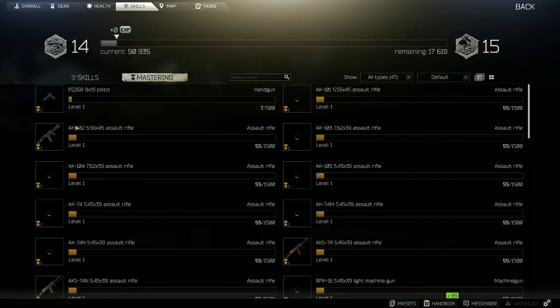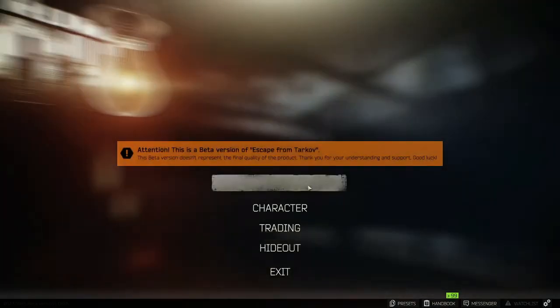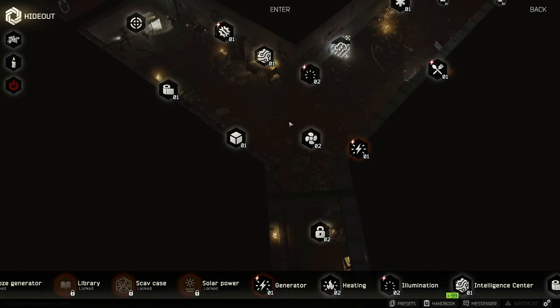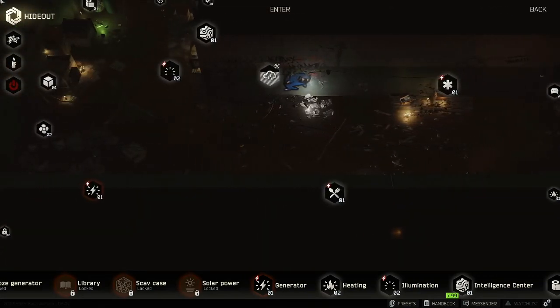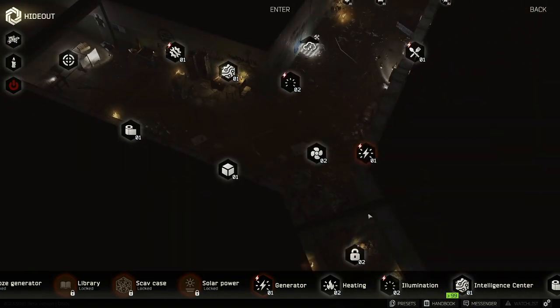And mastery over here is, as long as you're shooting the weapon, you gain mastery experience. I think the better you shoot, the more you shoot, you get better at it. I think all these are still in beta, so I don't know how much it affects. And yep, hideout. Okay, let's take a look at hideout. So hideout wise, yep, this is how your hideout looks from afar. Basically it's just a Y shape down, and then you start to progress through the game, and then